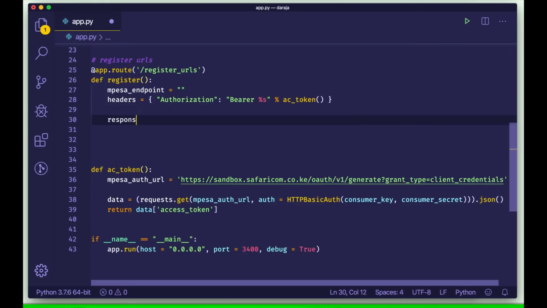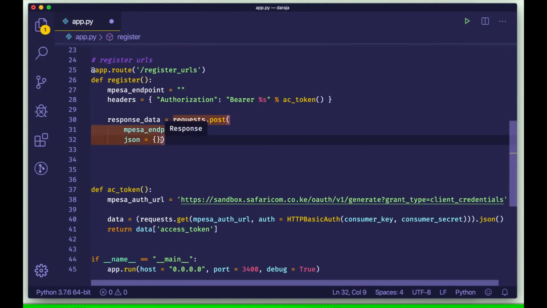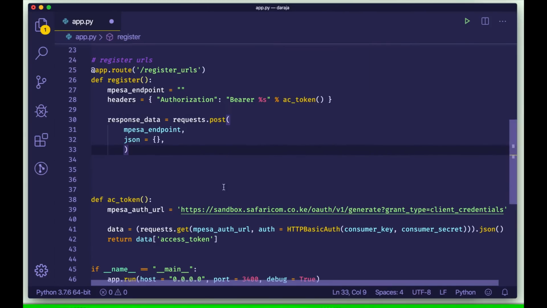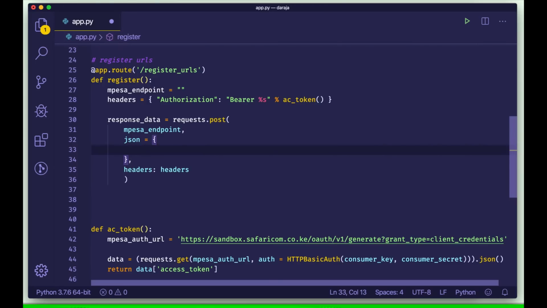Then we'll have our response from the request that we'll make. So request.post, here we'll pass the PESA endpoint. Then we'll need also to pass the JSON body. So let me format this. So here we have the headers. Good. So the body will contain the shortcode,